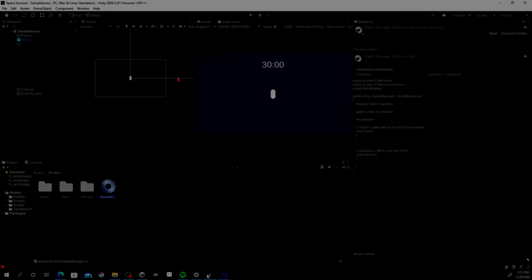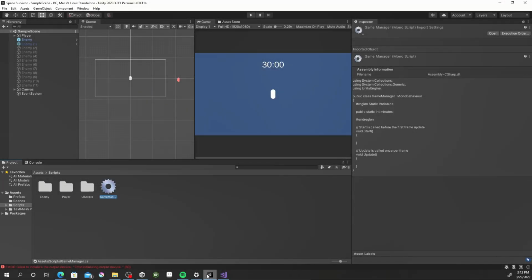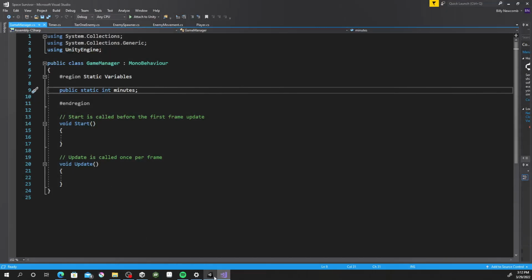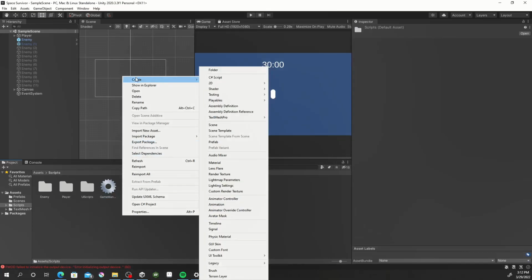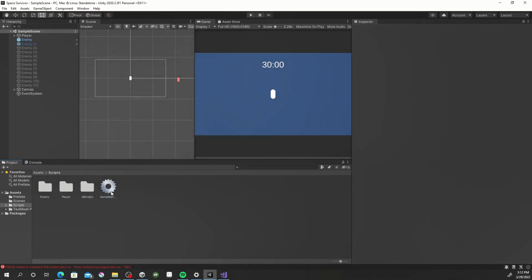Okay, so in this tutorial we are going to sort our enemy spawners. There's a few things we need to do first. I'll go back here. I created a game manager, so create C# script, name it game manager, and Unity will automatically make this gear